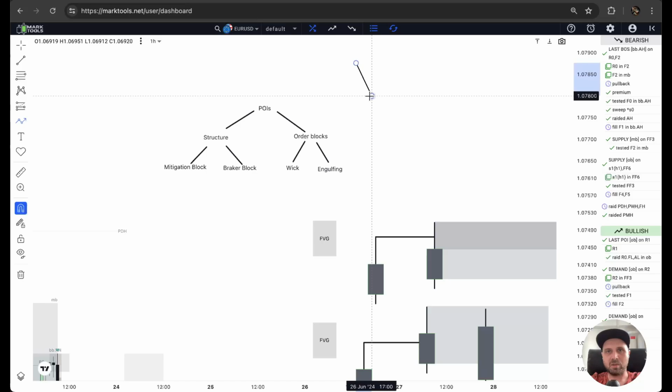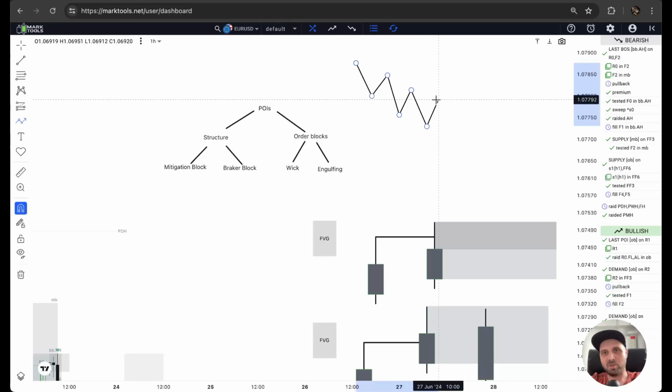Let's say you have a structure, regardless of whether it's internal structure or swing structure. It doesn't matter. As you see here, you have a confirmation and it creates a mitigation block. So that could be a POI for our system. Then, for example, you have another continuation that created this mitigation block. It's also a mitigation block. Then you have a reversal,